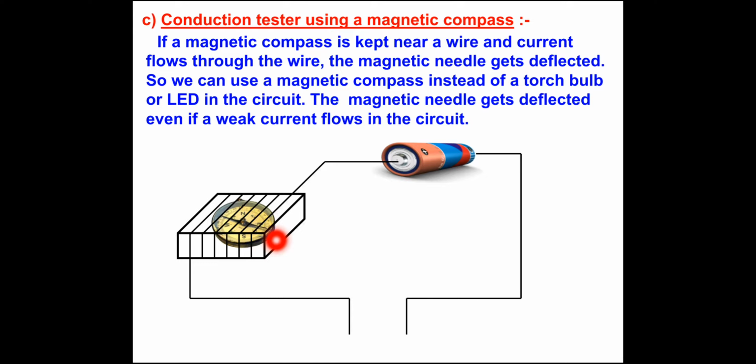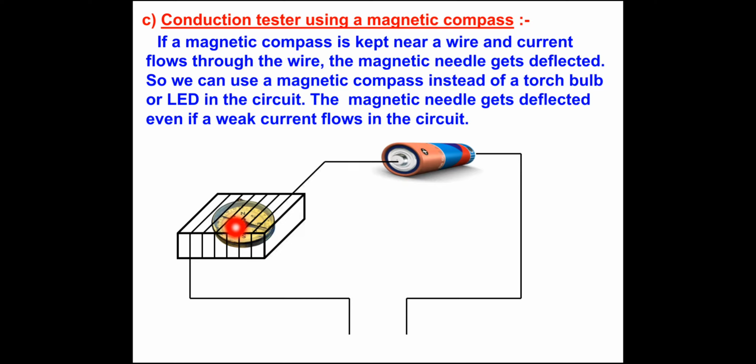Now see here in your book, this activity is given: how to make this conduction tester by using the magnetic compass. For that, what you need, here you can see, this one is the tray. Take a tray from inside of a discarded matchbox and wrap an electric wire a few times around the tray. So here you can see there is a wrapping of the wire. Have you seen these lines? These lines are nothing but the wrapping of the wire a few times around the tray. Then place a small compass needle inside it. So this is the small compass needle which is placed inside this tray.